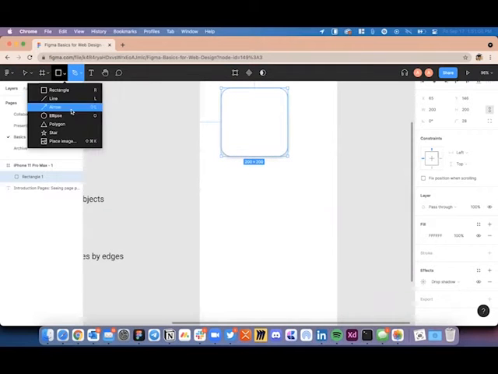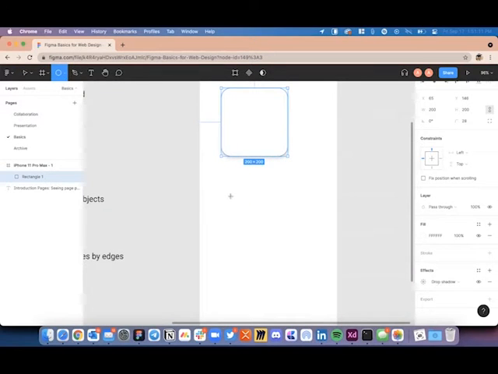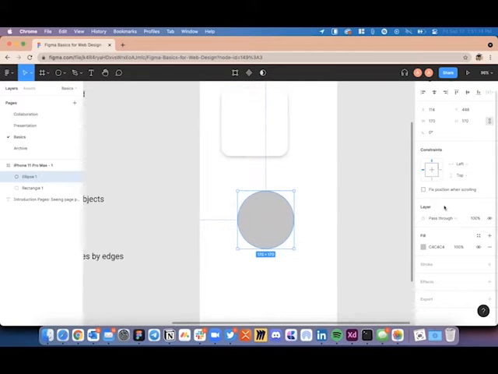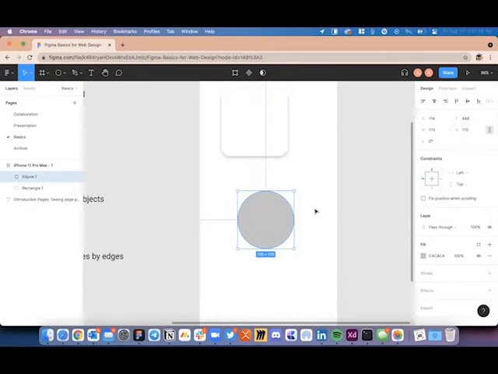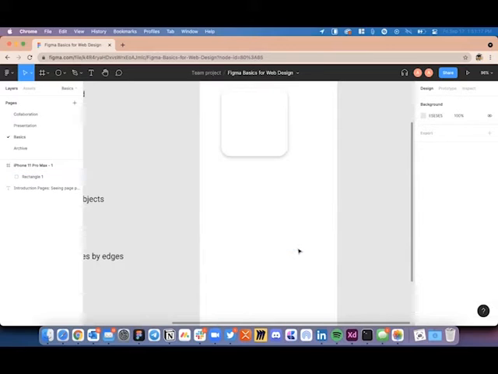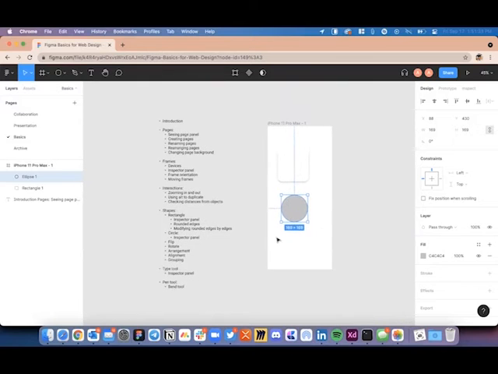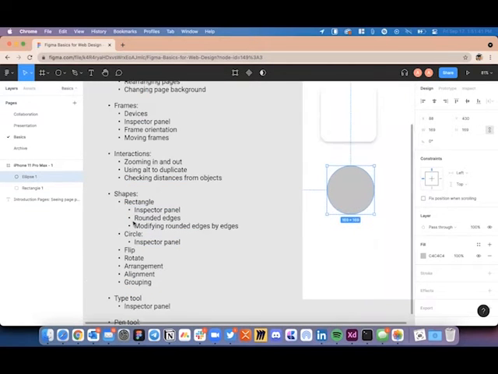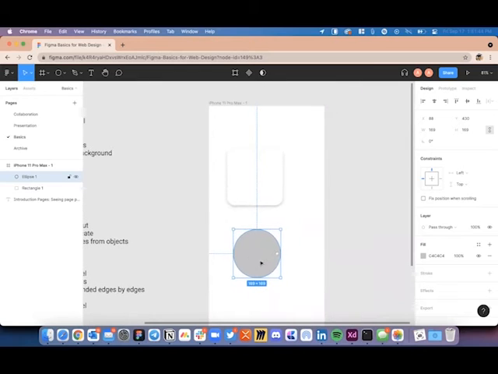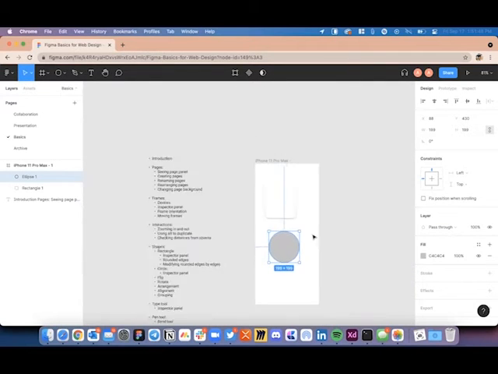There's also an ellipse tool, which you can also open up by just pressing the O key on your keyboard. And again, since it's like an ellipse, first of all, I created it by holding the shift key. But if I hadn't held the shift key, it would have created an ellipse for me, not a circle. As soon as I hold the shift key, it locks the width and height in position. So that's about shapes. And there's also all kinds of different arrangements and alignment properties available.